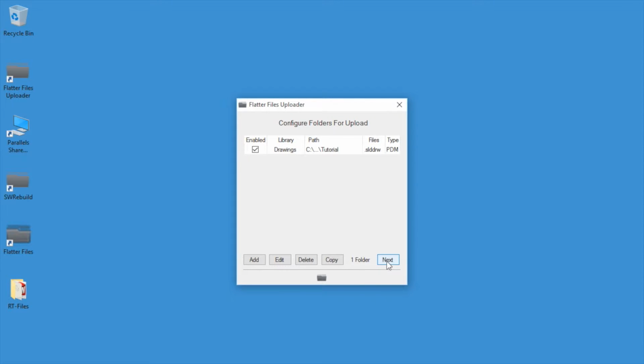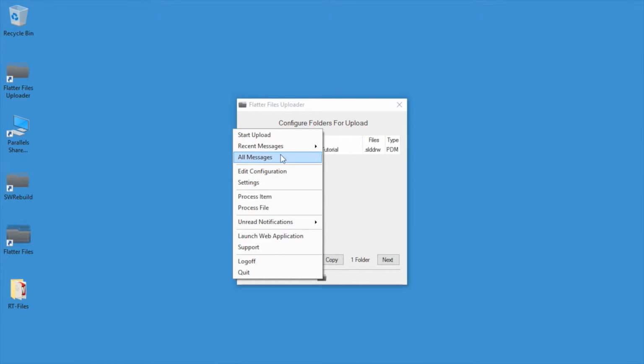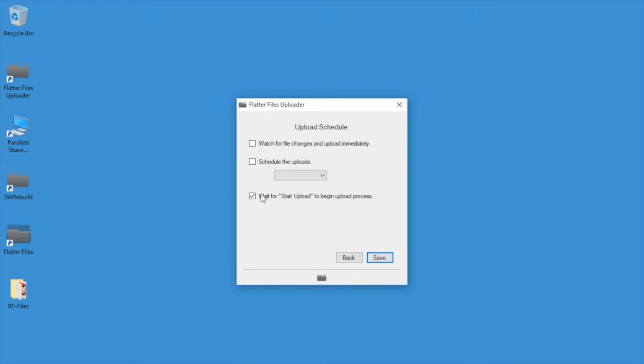Now, since this is the first time, normally if we were making a change, we might just go ahead and click Start Upload here. But since this is the first time, we're going to click the Next button. That allows you to set an upload schedule. For SolidWorks EPDM customers, unless you've installed the uploader on the server,